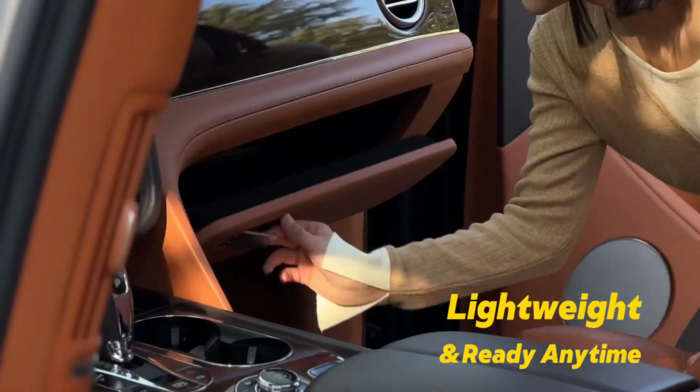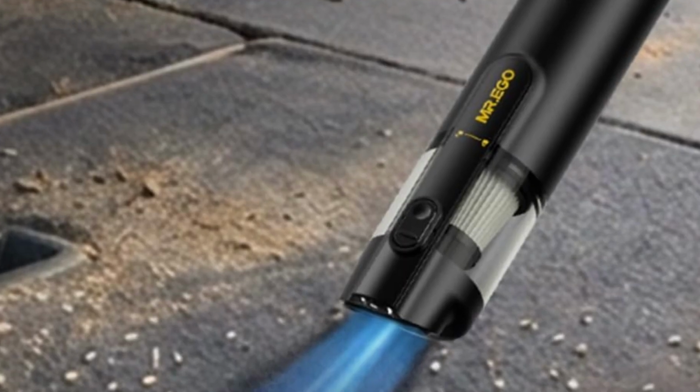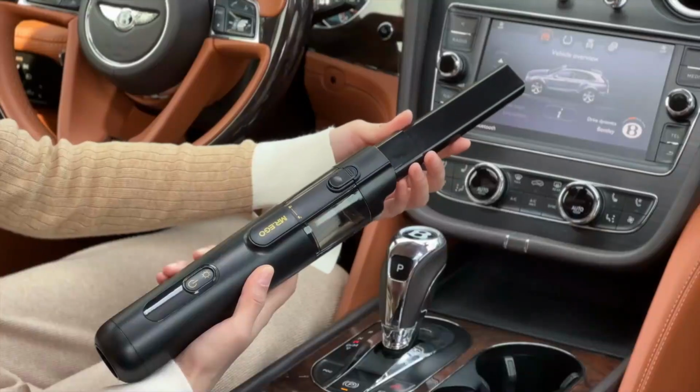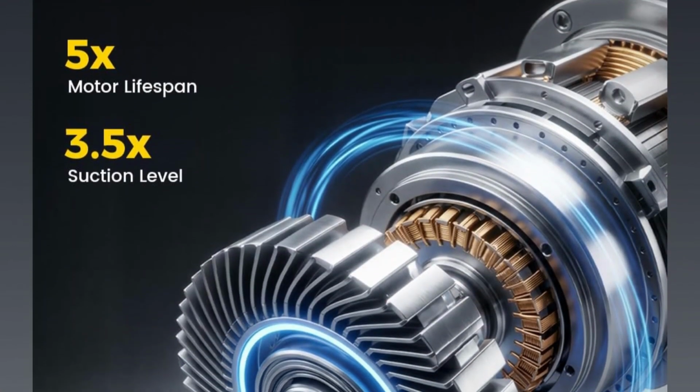Powered by a high-performance 156,000 revolutions per minute brushless motor, it delivers up to 26,000 pascals of suction to tackle stubborn dust, food crumbs, pet hair, and debris in tight spaces. The built-in green LED light is a standout feature, making hidden dirt in dark corners, seat gaps, and floor mats